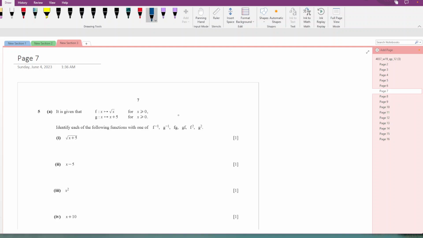Identify each of the following functions with one of f inverse, g inverse, fg, gf, f squared, g squared. Now this, square root of x plus 5,